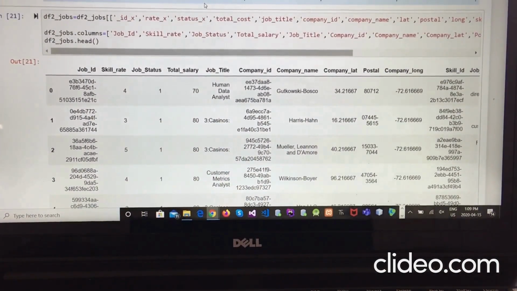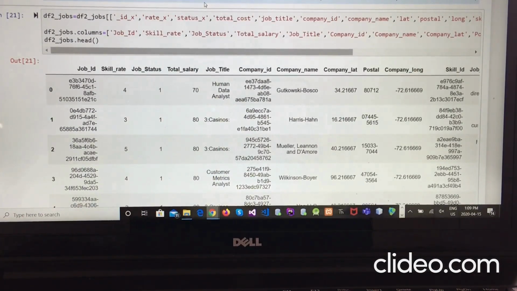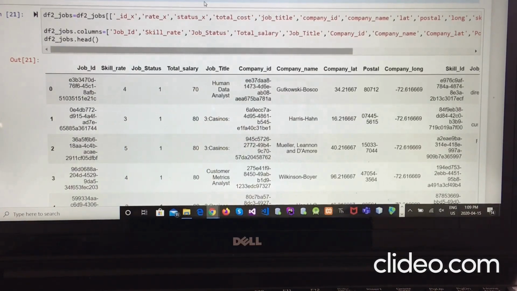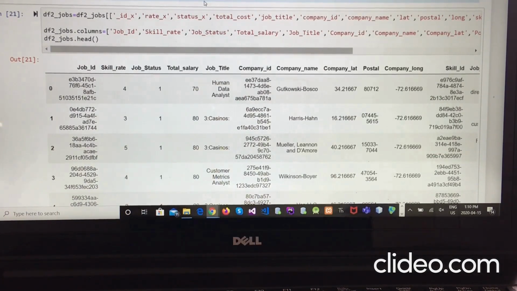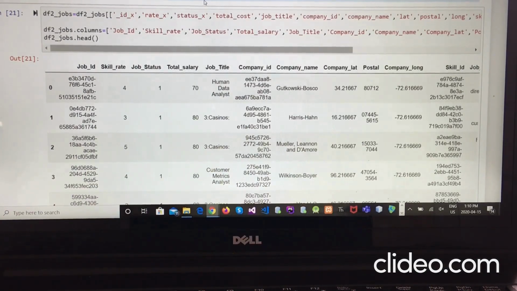And then df2_job is the final data frame for jobs, where df_company has also been merged in the previous data frame. After merging df1 with df_company to get all the information about the jobs posted, skills and company in one data frame, df2_jobs has been created, which is used as the final data frame for jobs information in our model. And then filtering on columns is done, and we kept the required columns in our final jobs